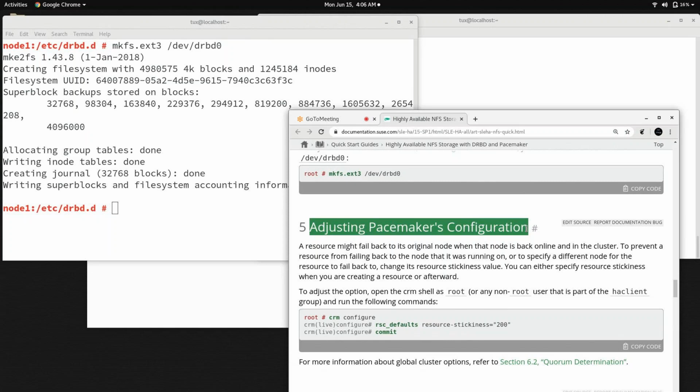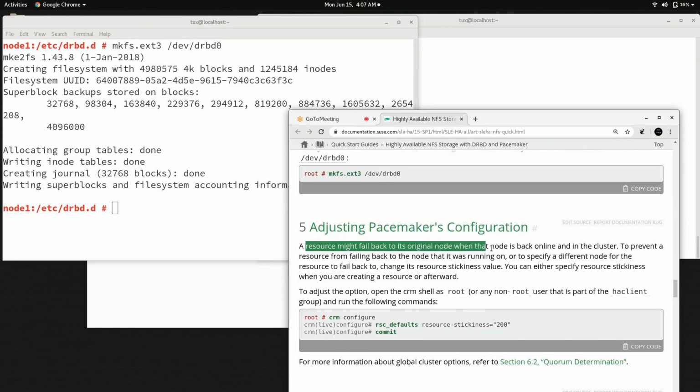The default behavior of a resource is that it will try to come back to the previous node, which means twice the downtime. The first time, moving from node 1 to 2, is understandable, because without it you can't get a service. But coming back from node 2 to 1 does not make any sense. A resource might fail back to the original node when the node is back online.